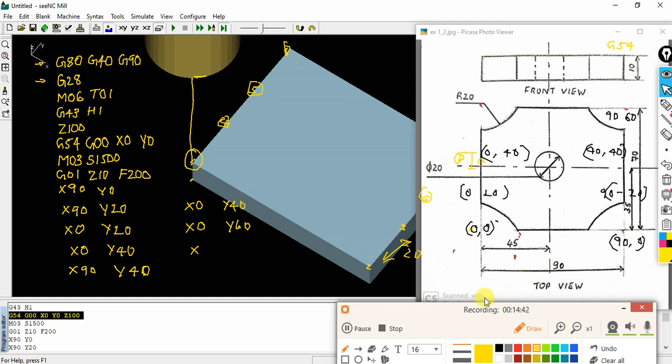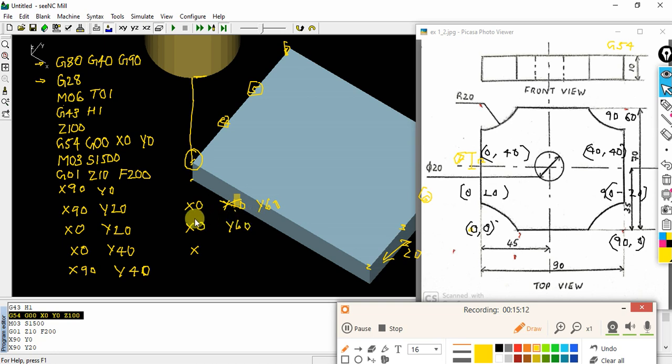Okay, let me change this. This has to be lifted. So here I should lift to 60. Okay, this portion is Y60, and again X0 Y60.